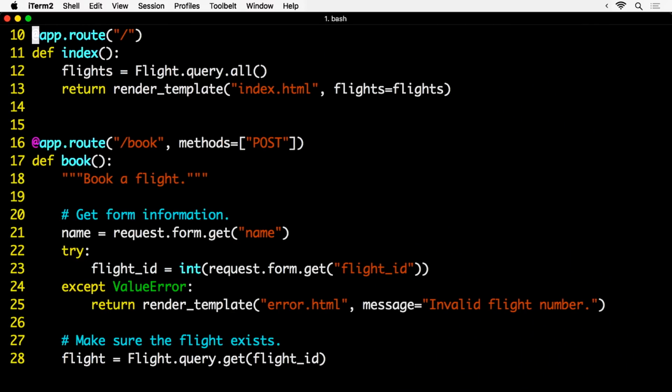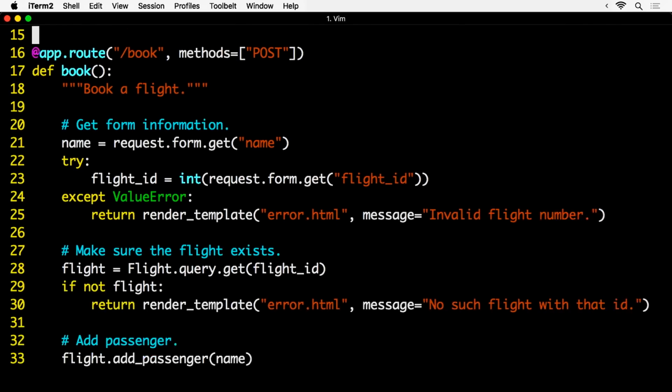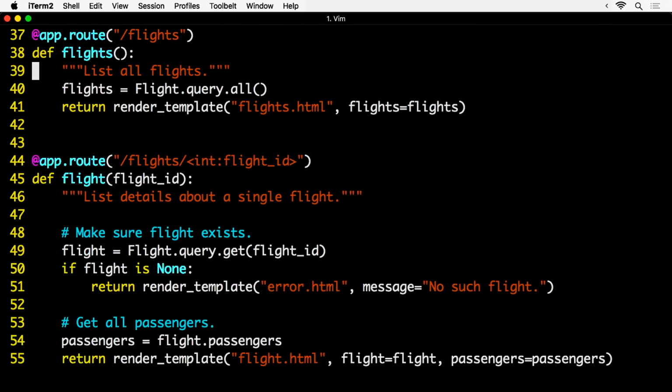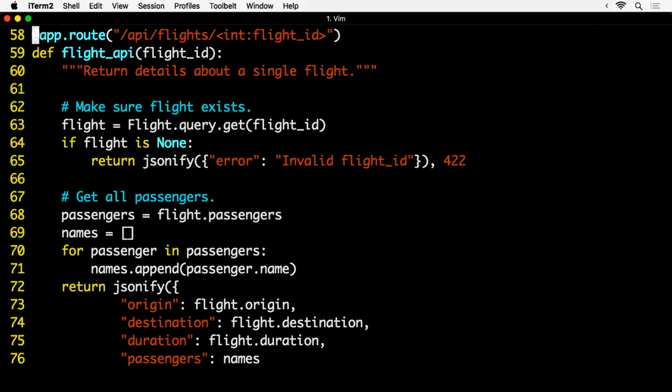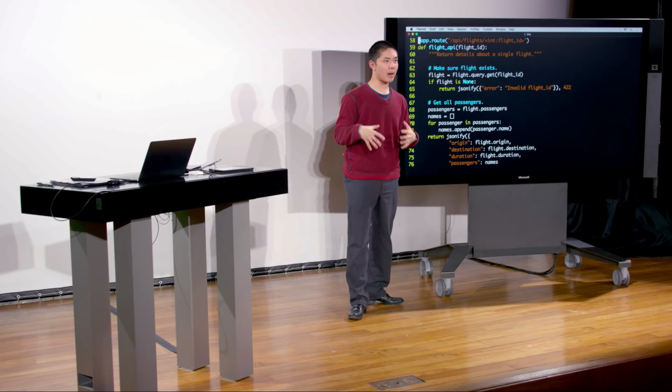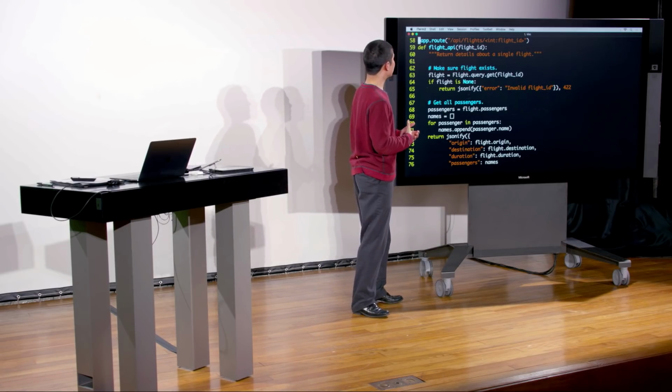So I'll go into airline5. And so inside of application.py, this is very much the same as what we've already seen before. But the only difference that we're going to add is another route at the bottom of this file, which I've just called flight_api for now. And how is this working? Well, this flight_api route inside of our application.py file, inside of our web application, is going to be the route